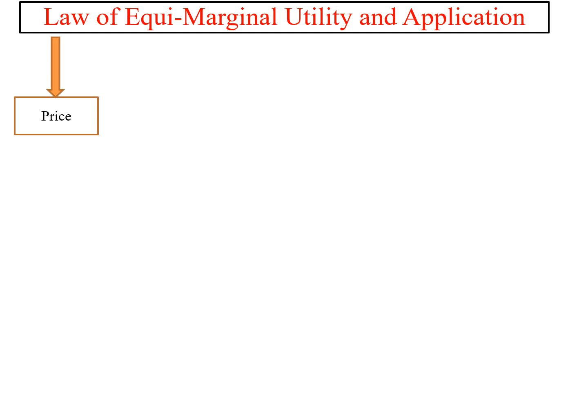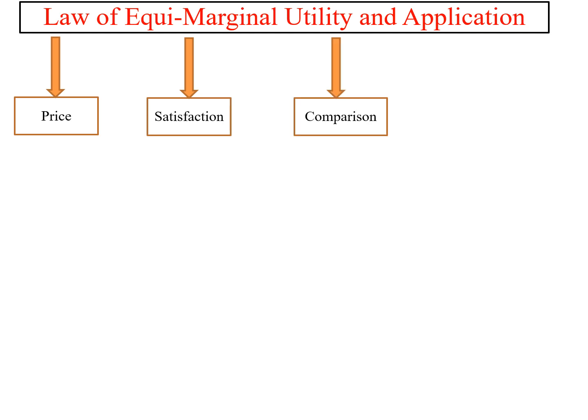Till date, in my different videos, I have highlighted that marginal utility is directly proportional to price. It means if something has a high price level, its marginal utility is higher, and when the price goes down or almost to zero, then marginal utility will be zero. Marginal utility is also directly related to satisfaction. When your marginal utility is higher, satisfaction is higher. When the marginal utility is poor or less, then satisfaction is also less.